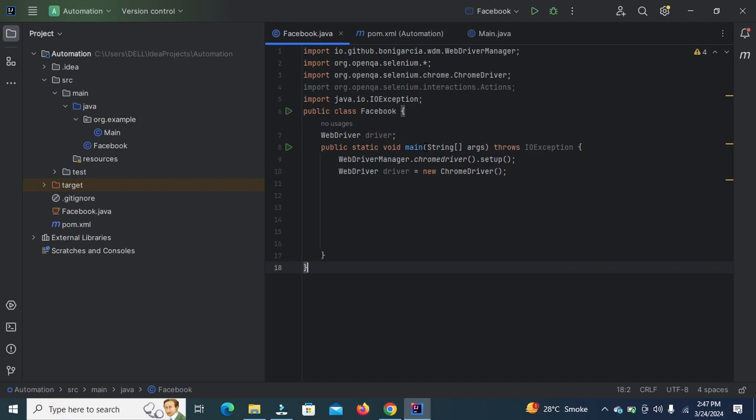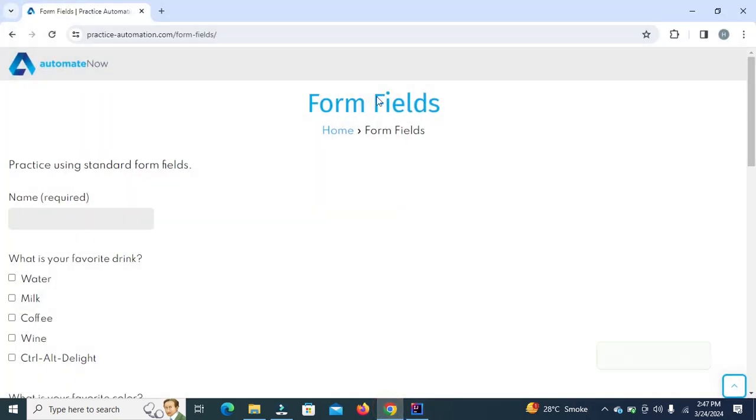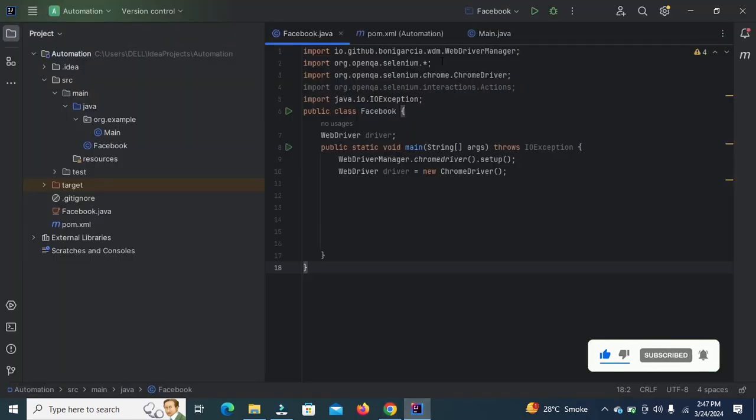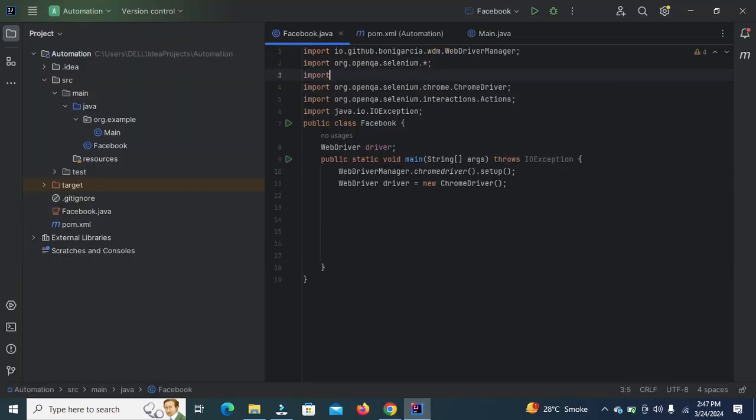Welcome into Selenium tutorial. In this tutorial we will see how to take the screenshot in Selenium. We will take the complete screenshot of this page by Selenium. So let's begin. First we need to add the file utils class